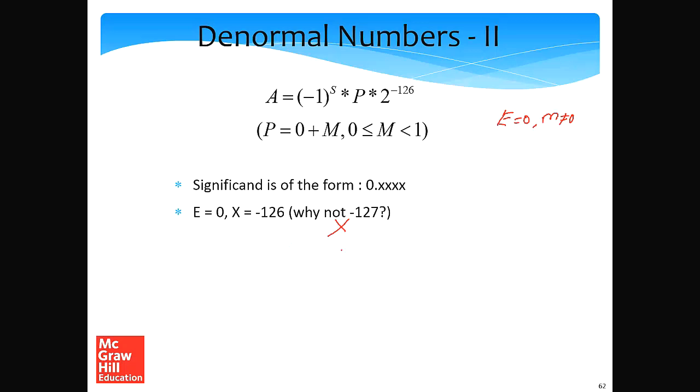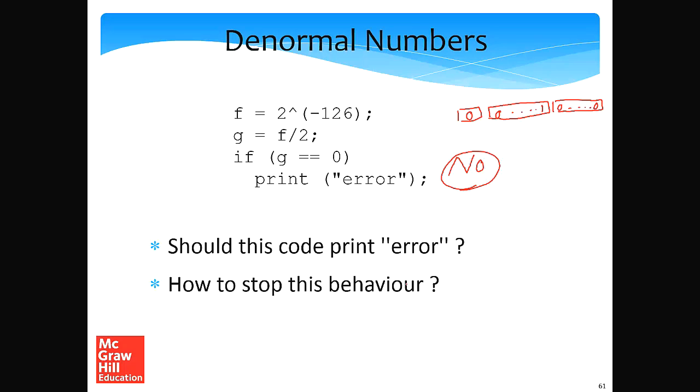Let's consider the number line and assume that these are all the floating point numbers that we can represent. The smallest normal floating point number is 2 to the power -126. We want to define a very small region of numbers after this. Mind you, the diagram is not drawn to scale. This part is normal, and we want to define a very small region of numbers around here called denormal, such that our programs make sense and this particular program does not print error.